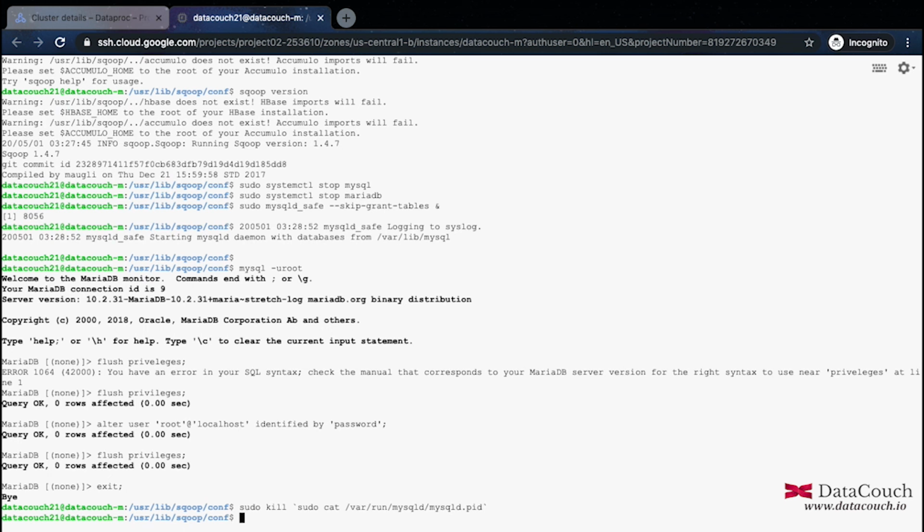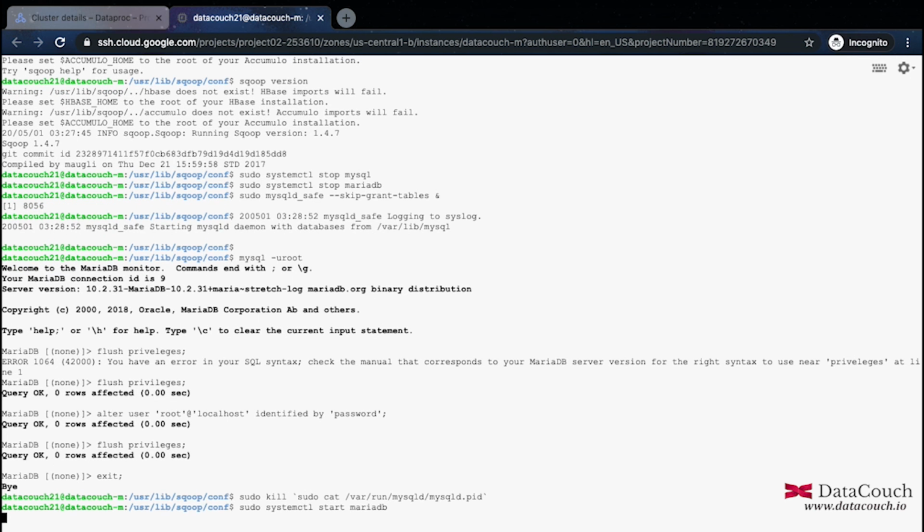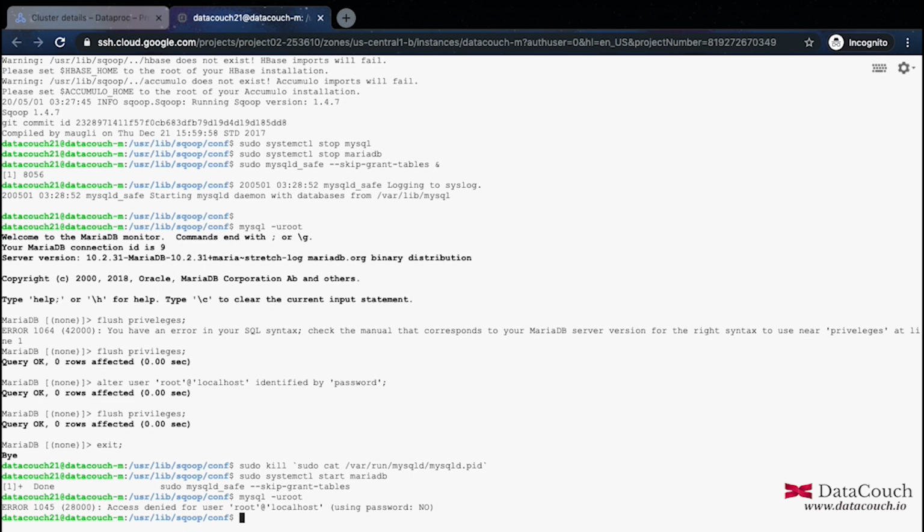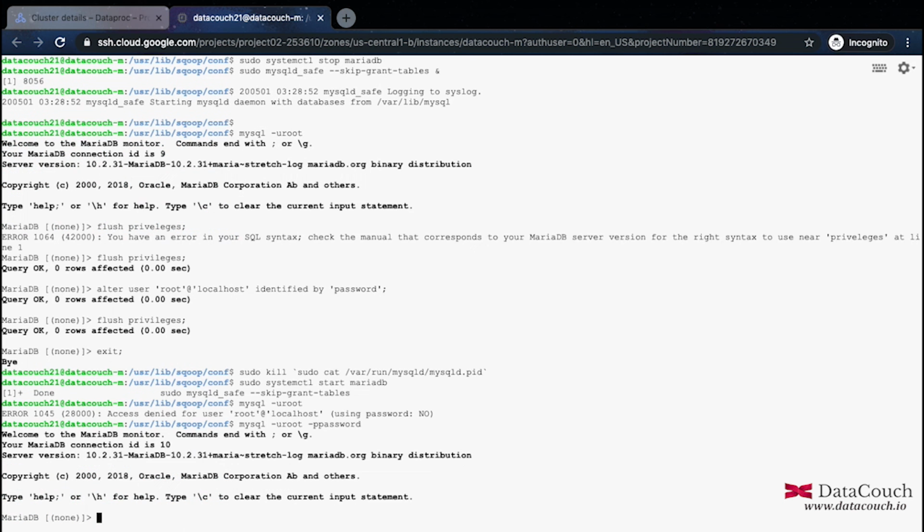And then I'm just restarting MariaDB. So I think we already used MariaDB. Yes. So here instead of stop, I will change it to restart or start. So I can do a simple start. So this is starting MariaDB, and I will now be logging into MySQL. But this time when I log in, it will ask for the password. Let's try it. Okay. So it says the password is not there. So I need to specify the password, because we already assigned a password here.